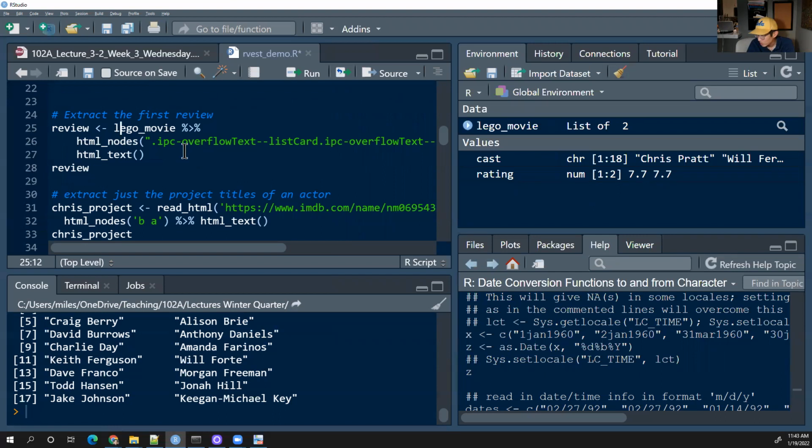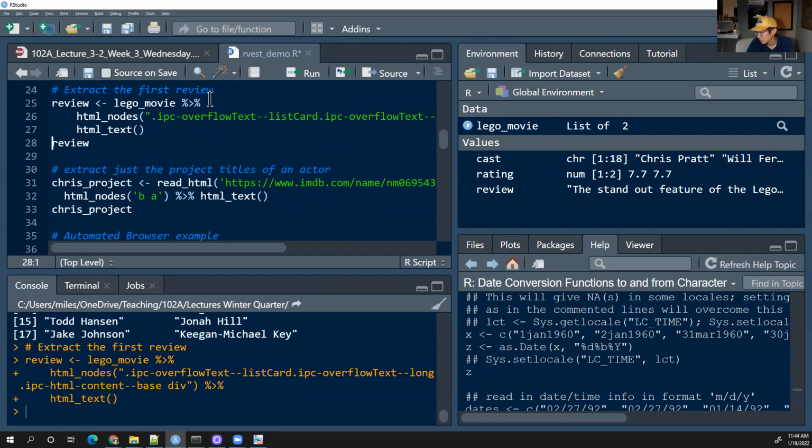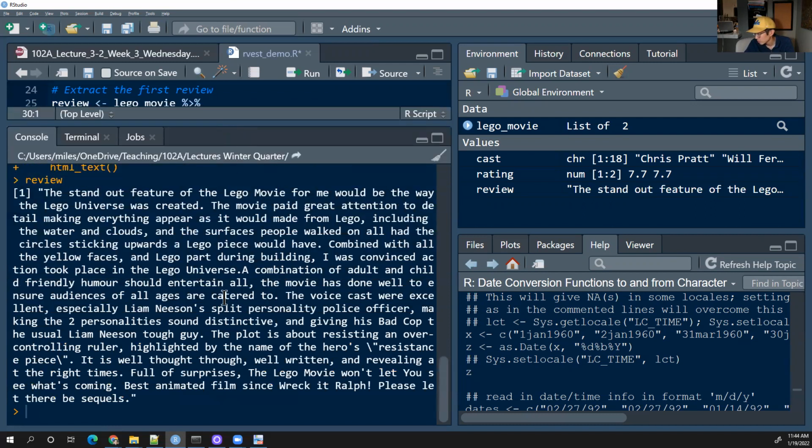And we're going to run the same thing. Lego movie, select the node. There's really just one node with this, and extract out the text. Okay, store that as the review. And so now when I look at the review,